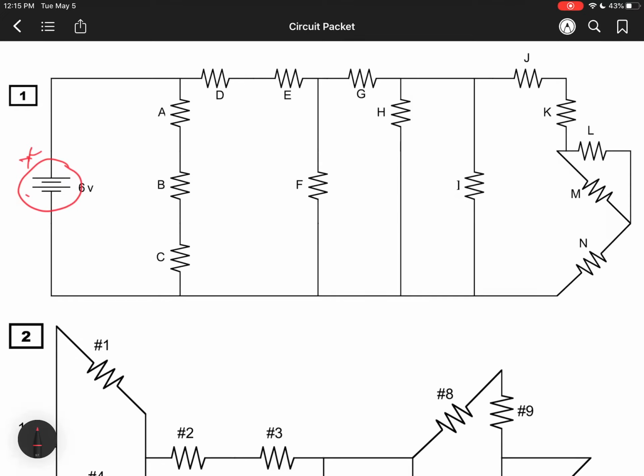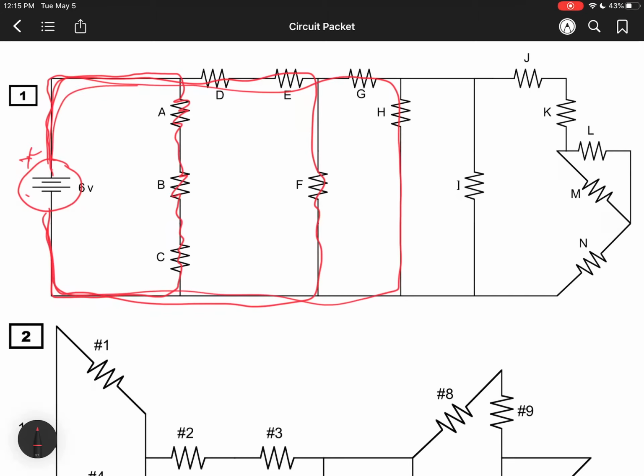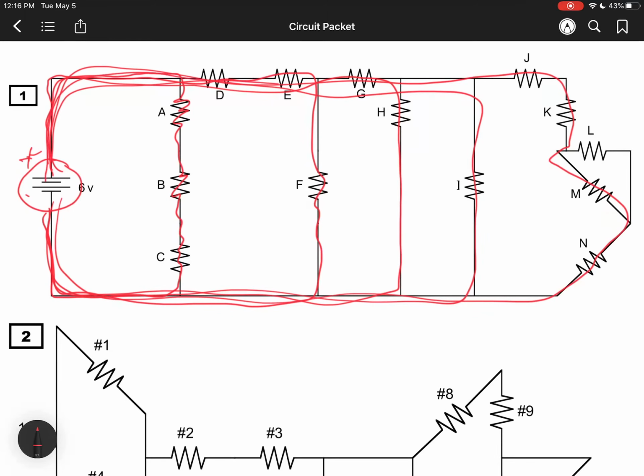Now, if we trace the electricity's direction, usually we talk about going positive to negative. So there's lots of different ways this could get back to where it started. It could go this way, could go that way, could go that way, could go that way, whoa, that way. So what is that? That's 1, 2, 3, 4, 5, 6 different paths it could take to get back to